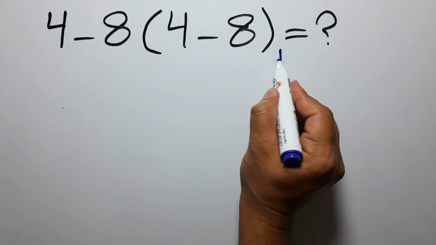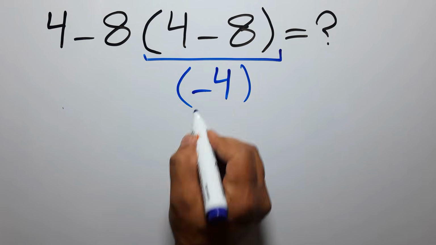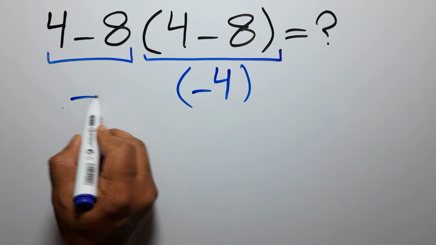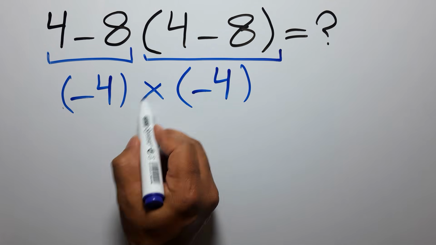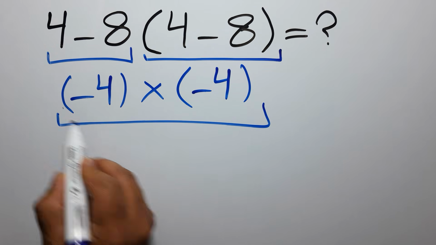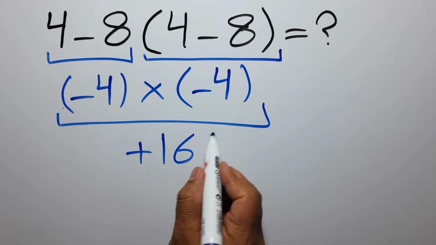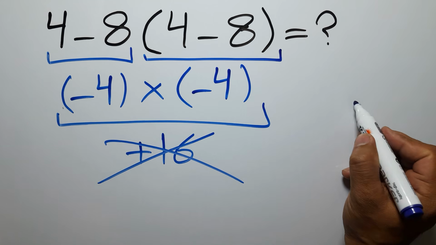4 minus 8 gives us negative 4. And again here we have 4 minus 8. So negative 4 times negative 4 gives us positive 16. But this answer is not correct, because according to the order of operations, which is PEMDAS,